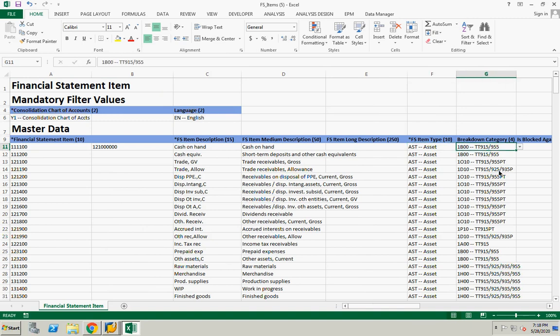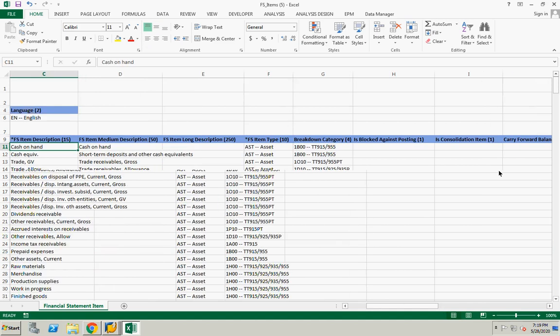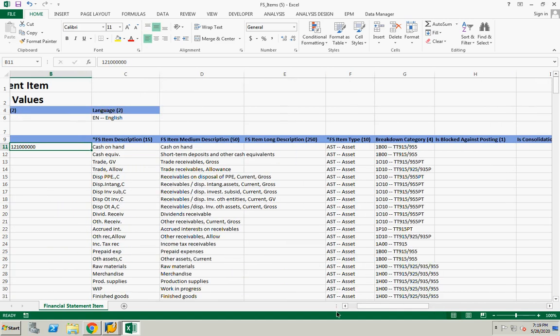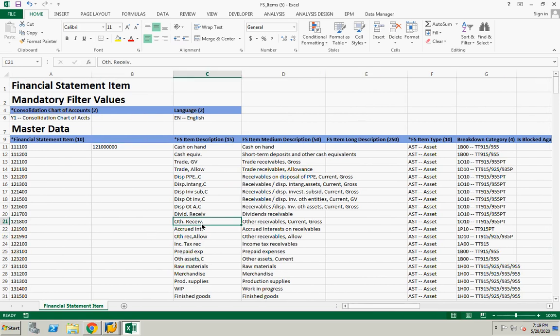Remaining breakdown categories, everything will be the same. Now when you want to create another account, let's say an asset receivables account, the receivables account is already there in the standard content, 121,800. My customer account number is 21344 with some zeros.